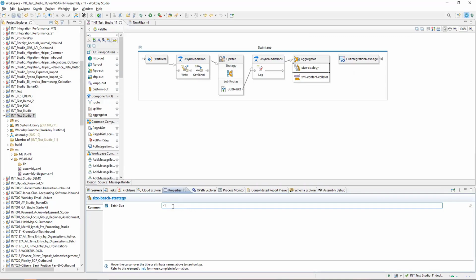But say, if you want everything, you cannot give a number, right? 9, 9, 9, 9, 9, 9, 9 and all that stuff. So minus 1 says till the time you get all the messages collated. That's how it is.